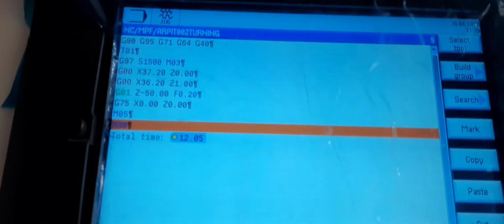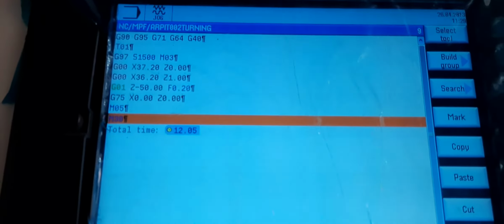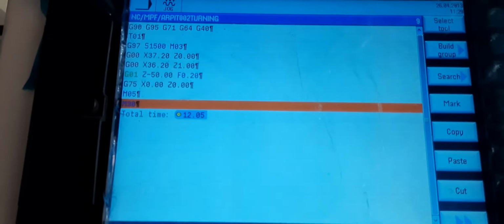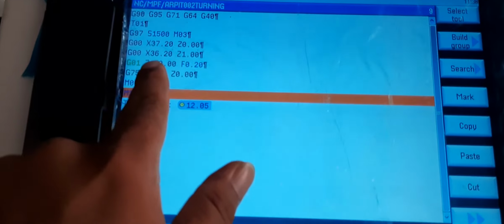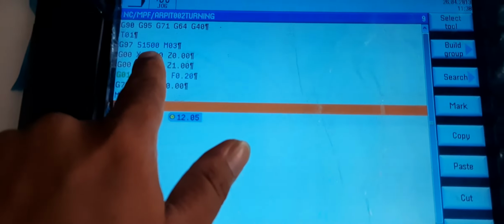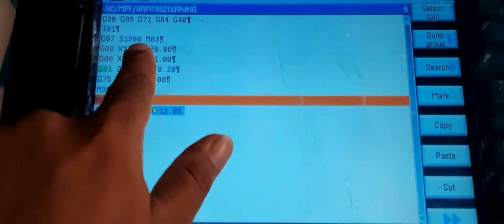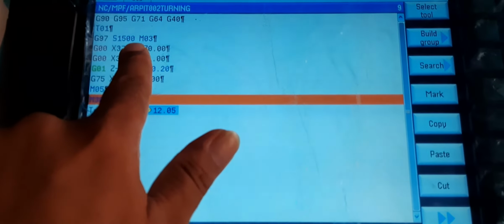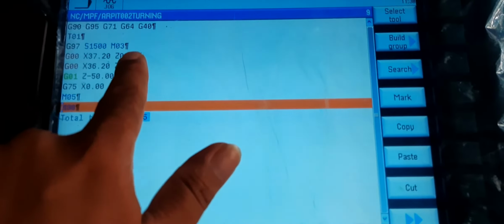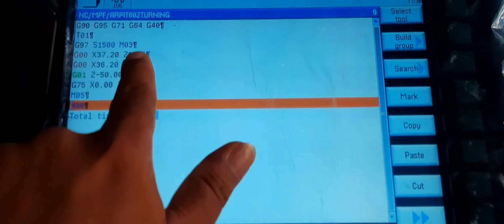Now, my dear students, you can see on the display of the CNC machine that the codes are entered in the form of G code and M code. You can see S1500, which means the spindle speed is around 1500 RPM. M03 means it will rotate in a clockwise direction.